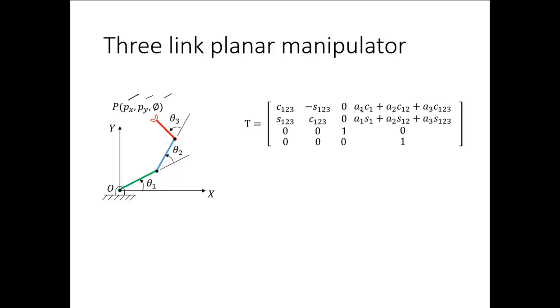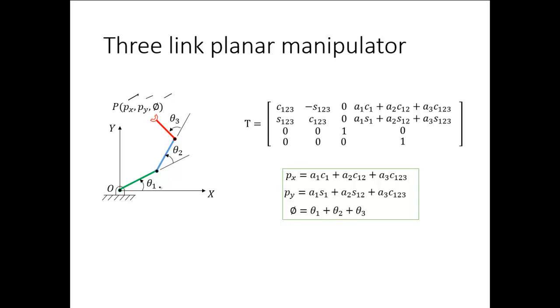Now in this case again we have Px, which is given here, equal to a1 cos theta 1 plus a2 cos(theta 1 plus theta 2) plus a3 cos(theta 1 plus theta 2 plus theta 3), and similarly we have Py, and phi is given by theta 1 plus theta 2 plus theta 3. As you can see from here, the orientation of the 3 links gives the final orientation, or you can say that the orientation of these two plus the third orientation gives us the total orientation, phi, which is the orientation with respect to the base frame. These 3 relations are to be used for the inverse kinematic analysis, which means we have Px given, Py given, and phi also given for a particular task.